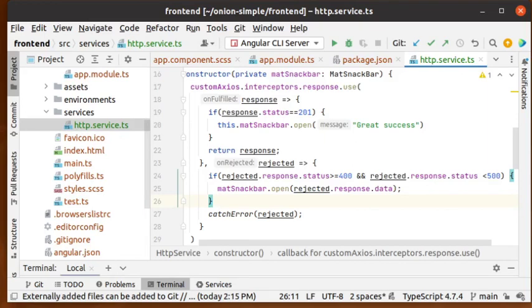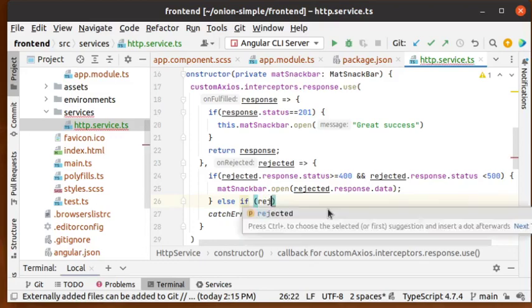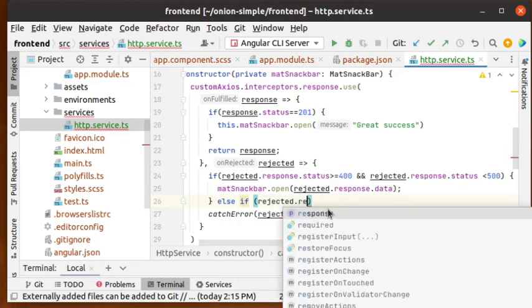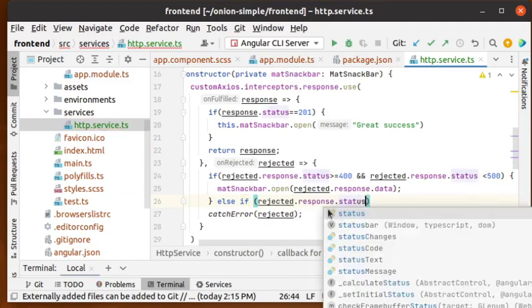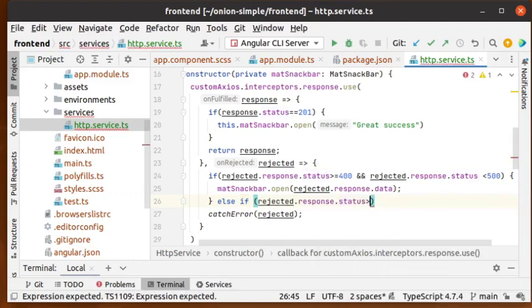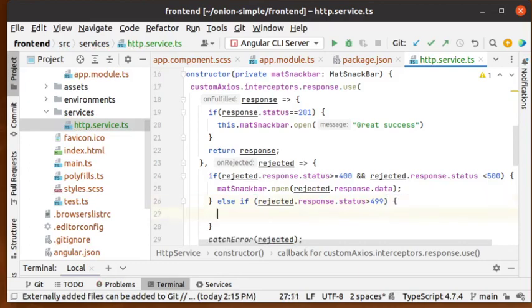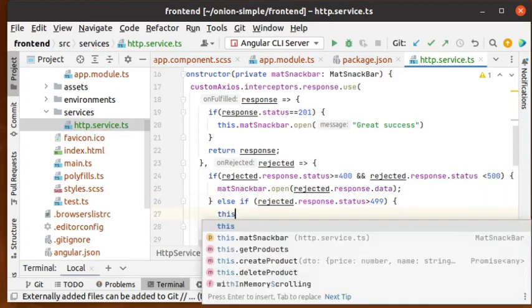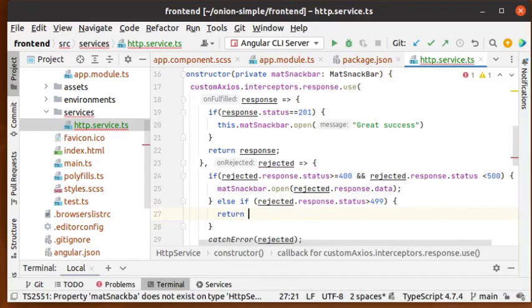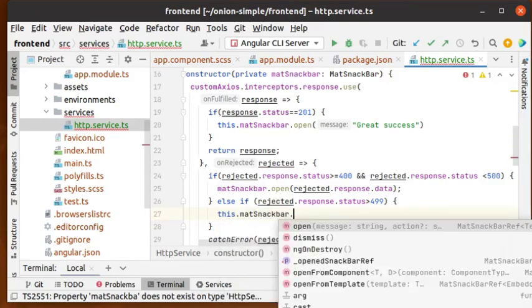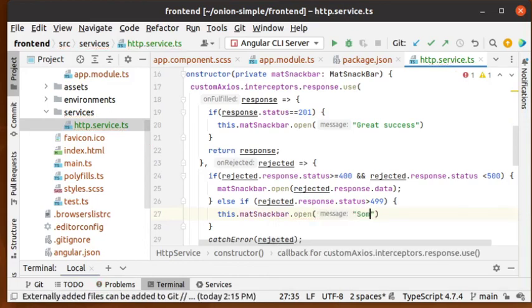So we can say else if rejected response status greater than 499. Then we can just return this mat snack bar something